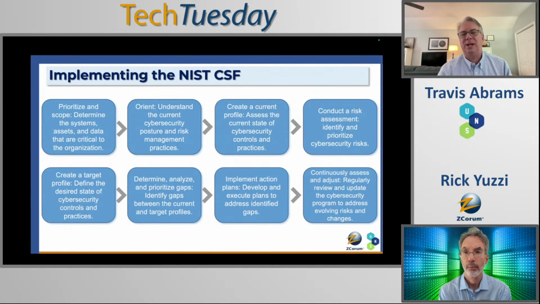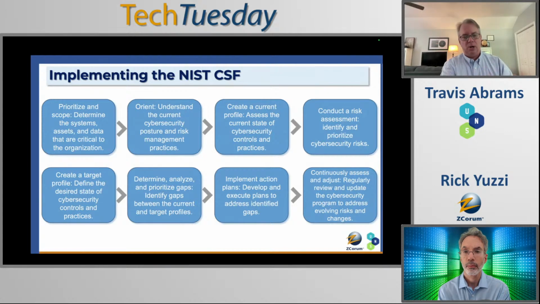So if you were to do a gap assessment or an audit of what you have against the NIST framework, you're going to understand exactly where your critical issues are, and that's going to help you develop your plan, right? And then once you do that, you'll be able to identify and prioritize where you want to be. For some organizations, the next step is really then defining, where do we want to be?